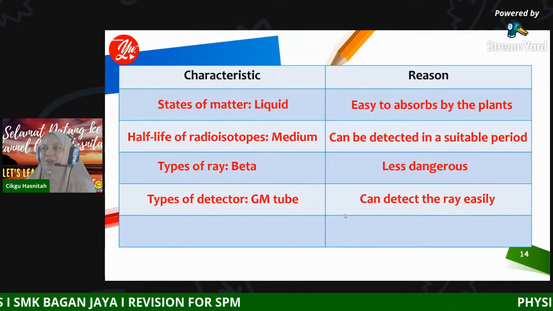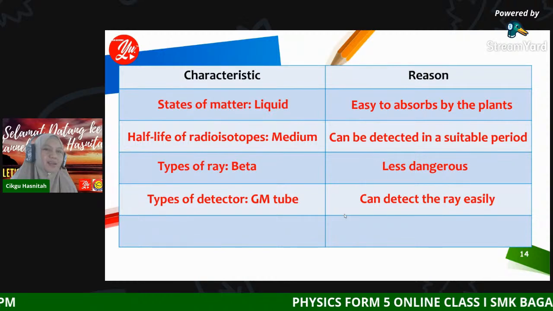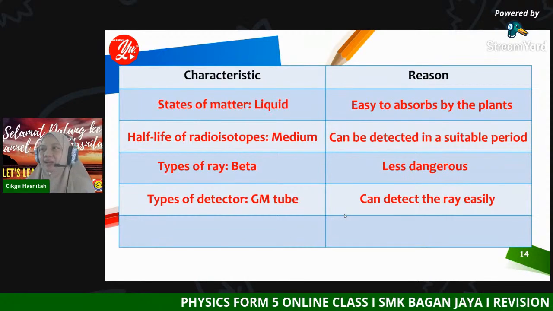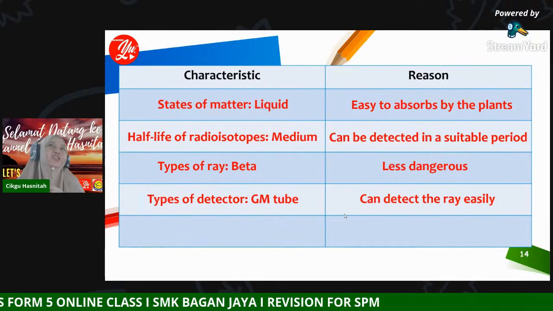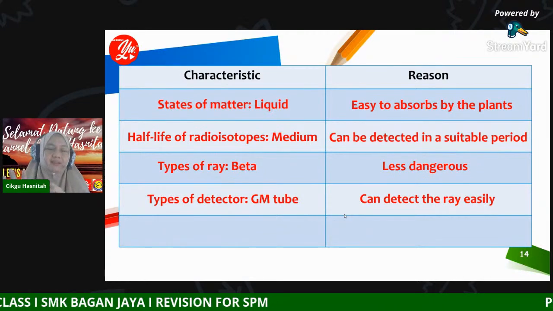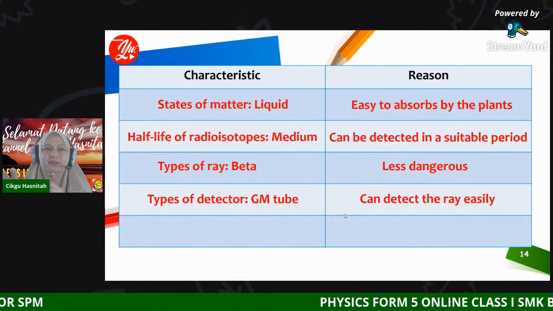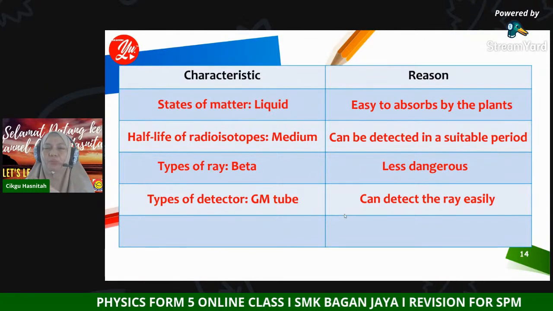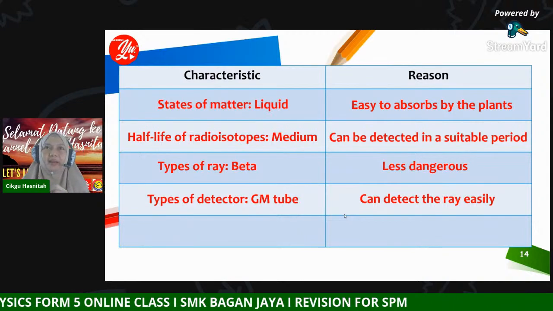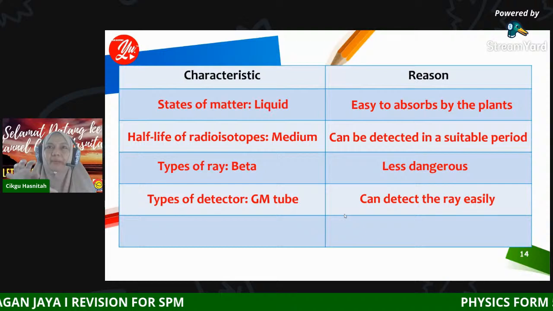So it can detect the ray easily. For GM tube, it can detect the ray easily. For spark counter, it takes a longer time for the sensor to detect the presence of the radioisotope. So it is better to use GM tube. It can detect the ray easily. It is more sensitive to the presence of